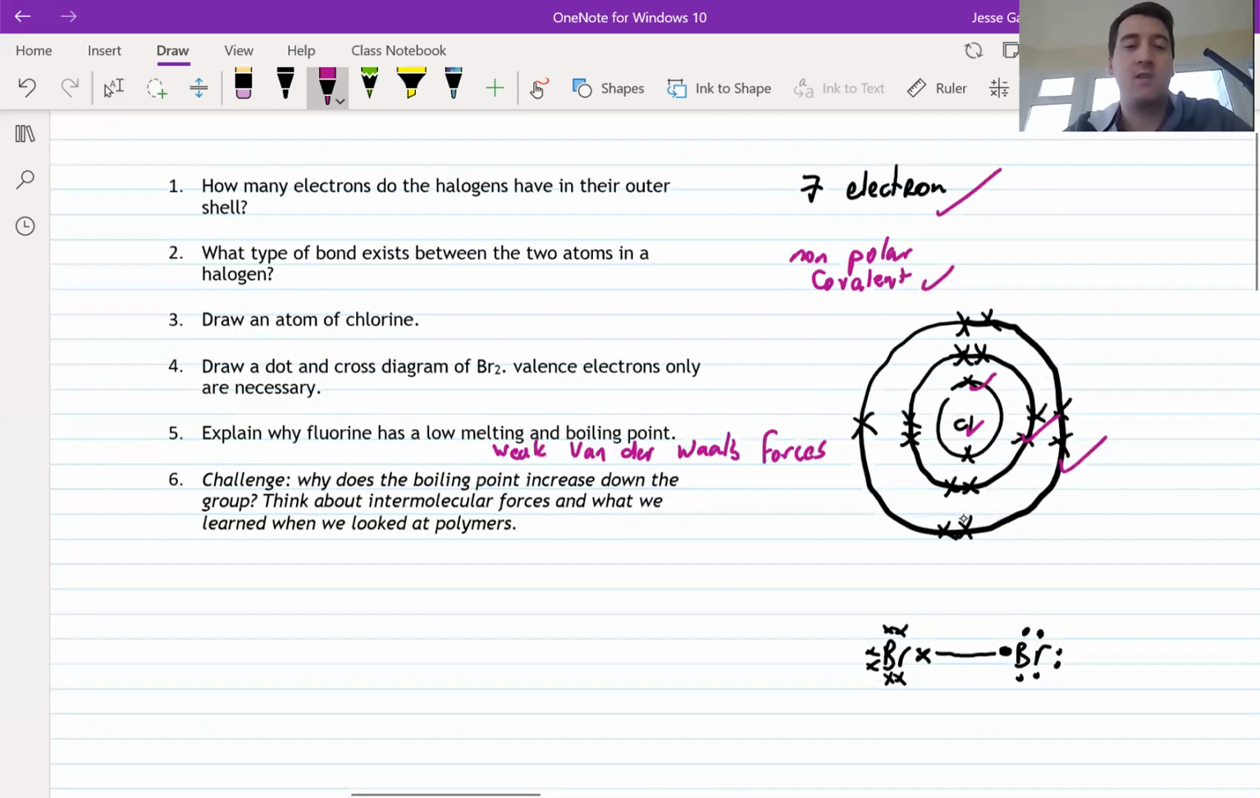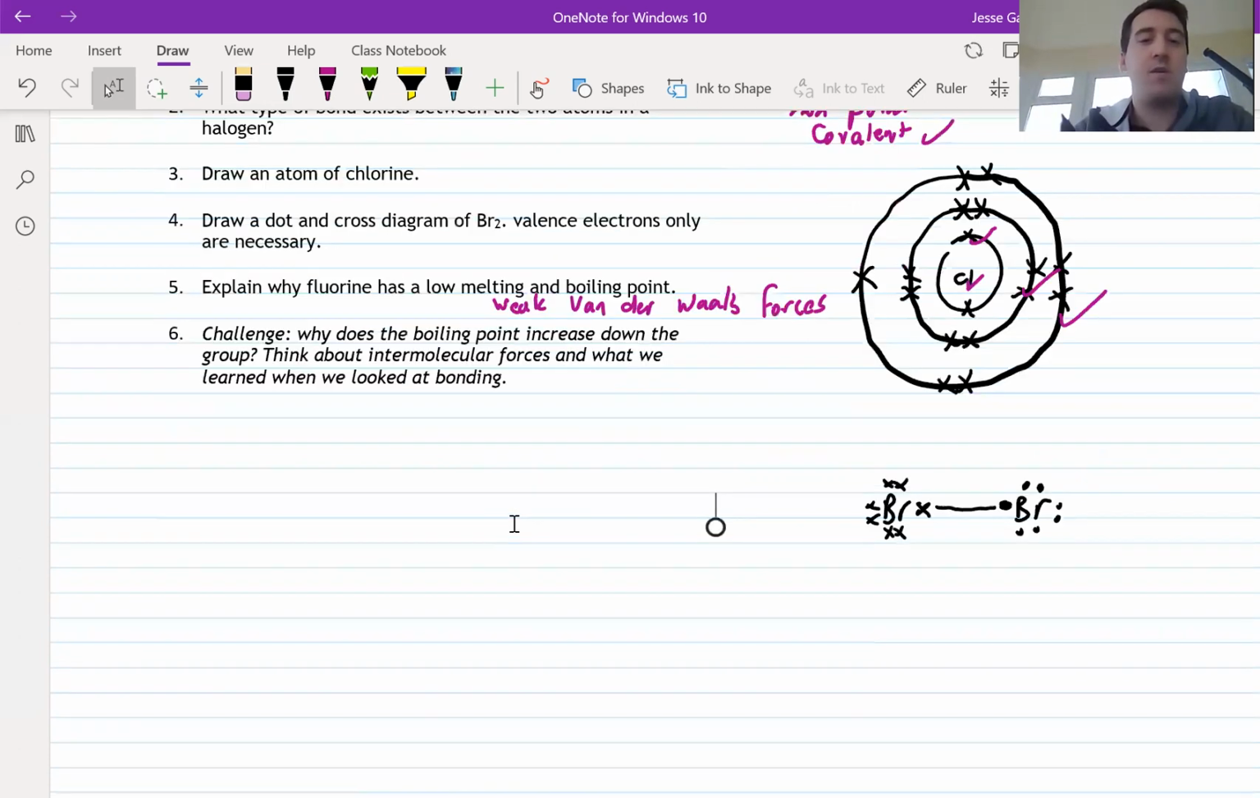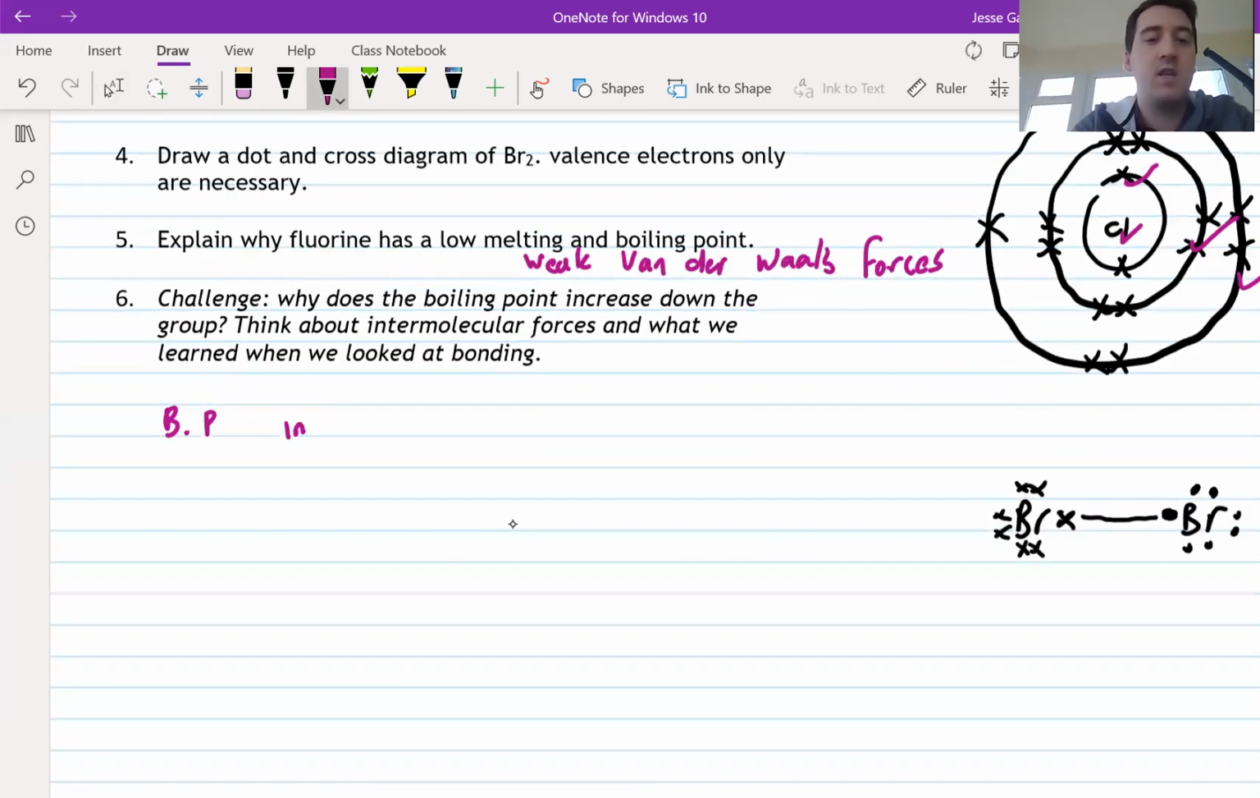Number 6, and this was a challenge, so hopefully we were able to answer this. So why does the boiling point increase down the group? Think about intermolecular forces and what we learned when we looked at, well, that shouldn't say polymers, that should say bonding. So I'm going to change that for the next time. Sorry, bonding. All right, so why does boiling point increase? I'm going to say BP, boiling point increases down the group